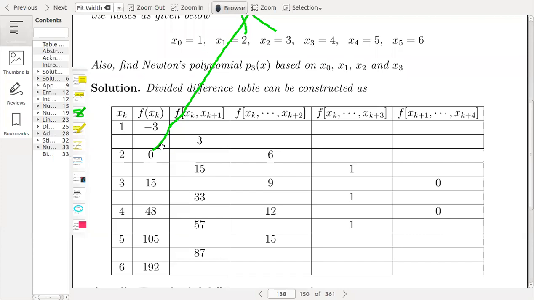And 0 minus 3. This is the first divided difference corresponding to the points x naught equal to 1 and x1 equal to 2. So f of x1 equal to 0, f of x naught equal to minus 3. So f of x1 minus f of x naught will be 3 divided by x1 minus x naught, it will be again 3. So that is the way how we can calculate first divided difference directly by constructing tables.